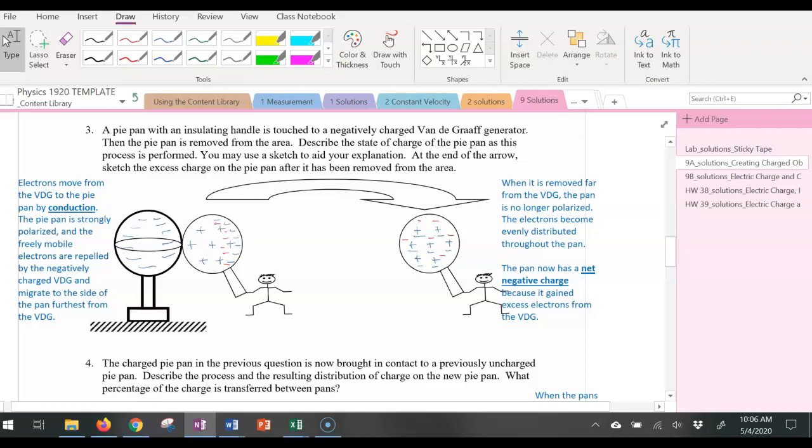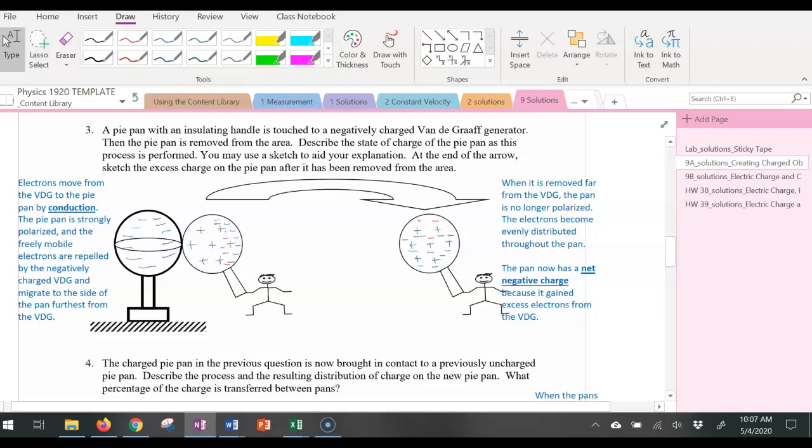by touching the pan to the Van de Graaff generator, there's like a bridge created. Electrons are able to move between the Van de Graaff generator and the pan, and that's what they do. There are so many electrons on this Van de Graaff generator, it has a very negative charge, and charge always takes the opportunity to move from a more negative charged object to something that has less negative charge. And so electrons move into the pie pan, and they're moving by the process called conduction,